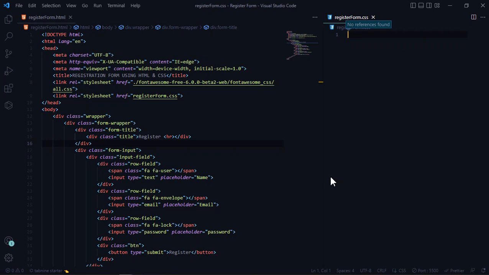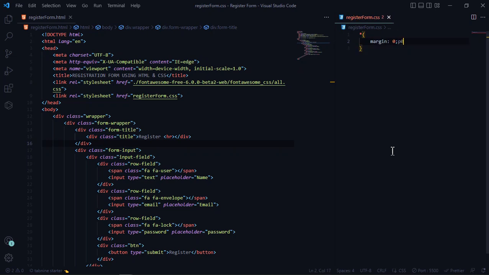Alright, let me still shrink it a bit. Alright, so let me start with this. So margin 0, padding 0, then box sizing should be border box, then